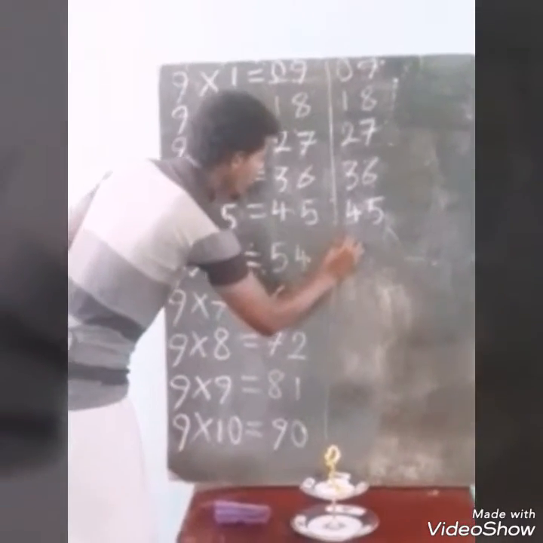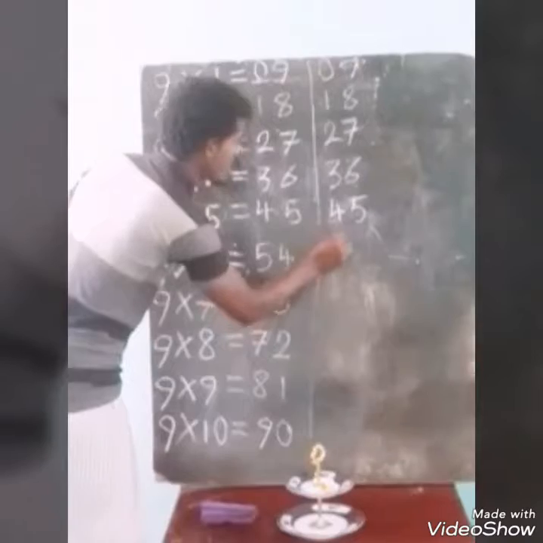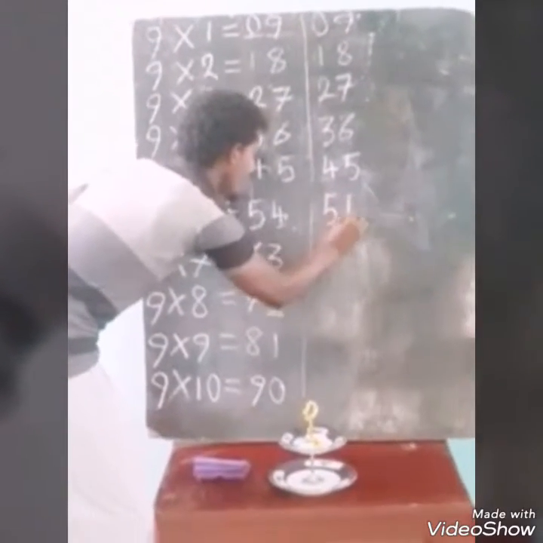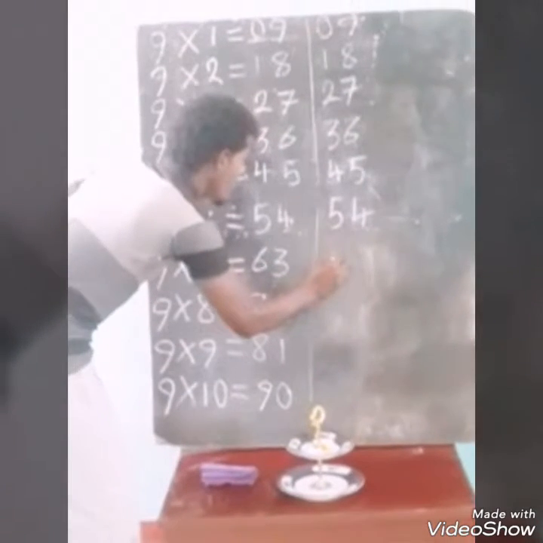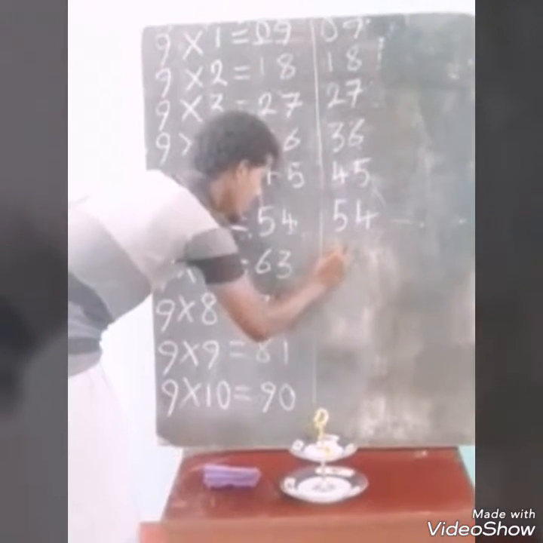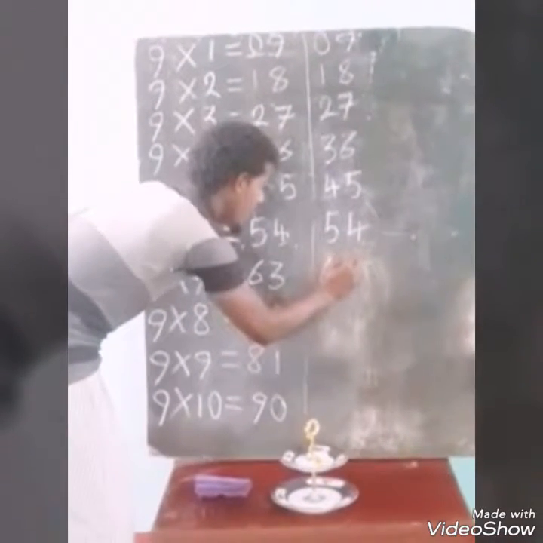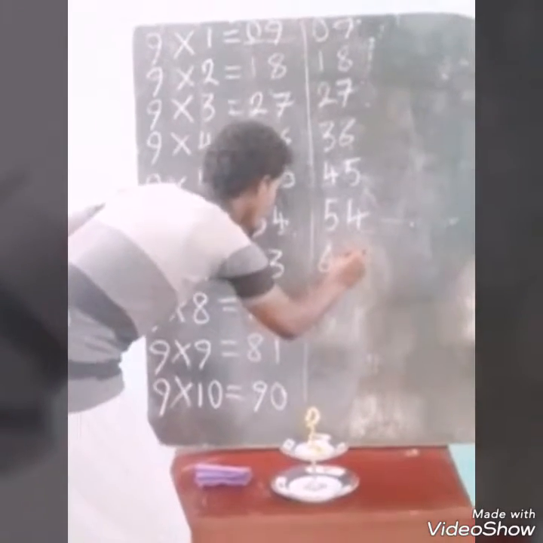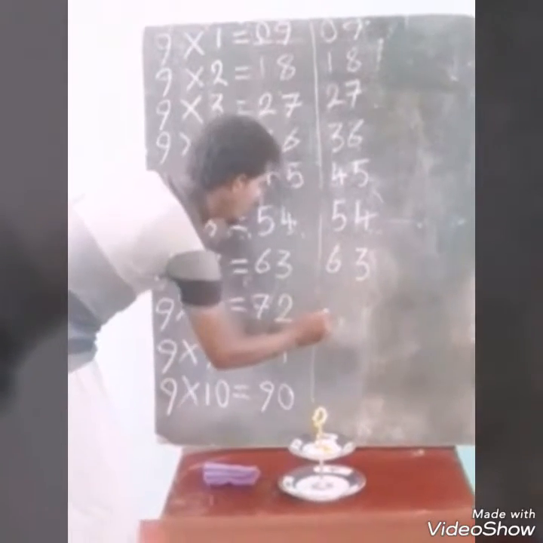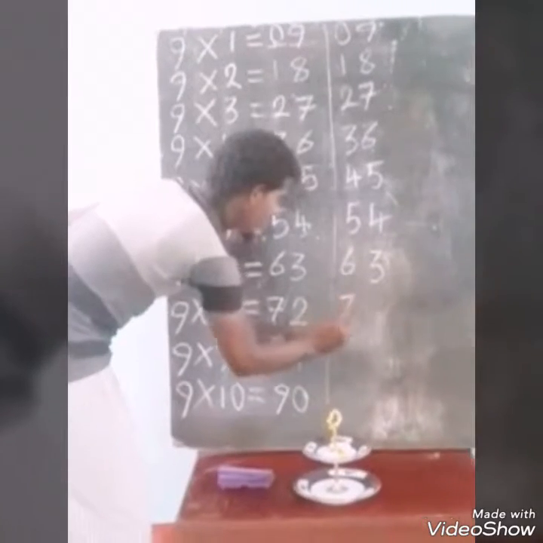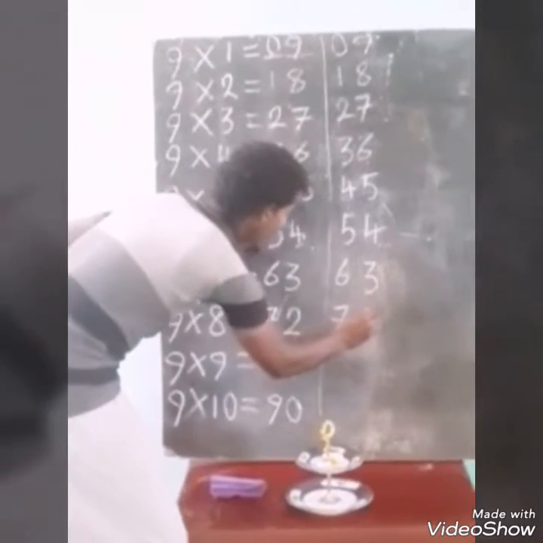And here I am going to add 1, and here minus 1, and it is going to be 54. And here I am going to add 1, and here minus 1, and here I am going to add 1, and it is going to be 7,